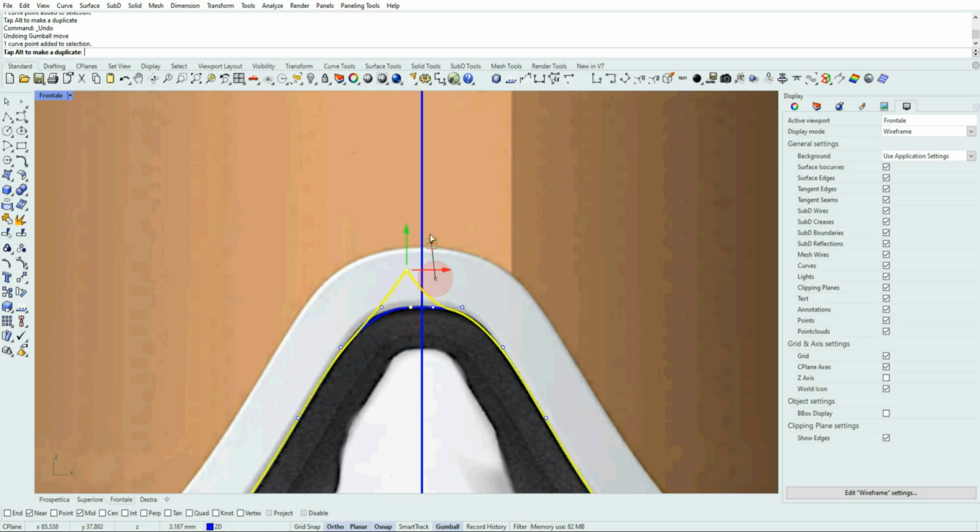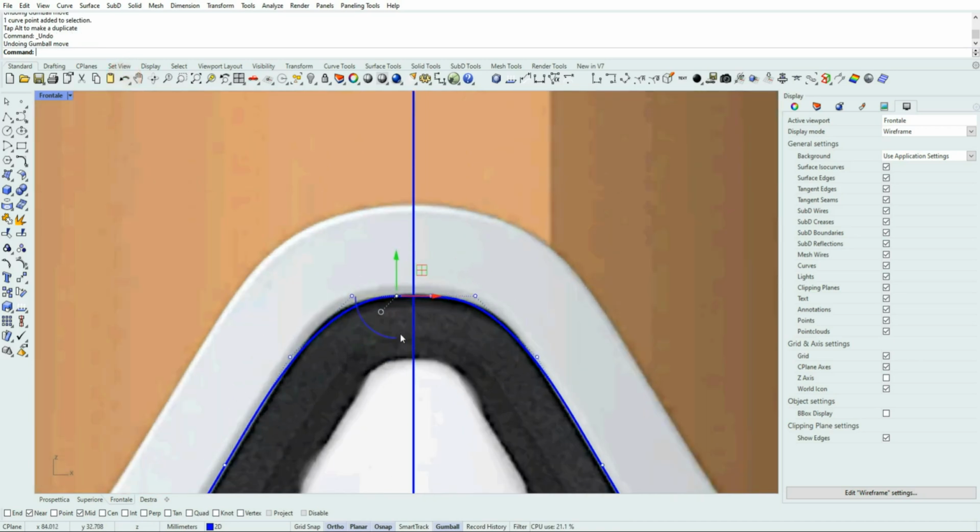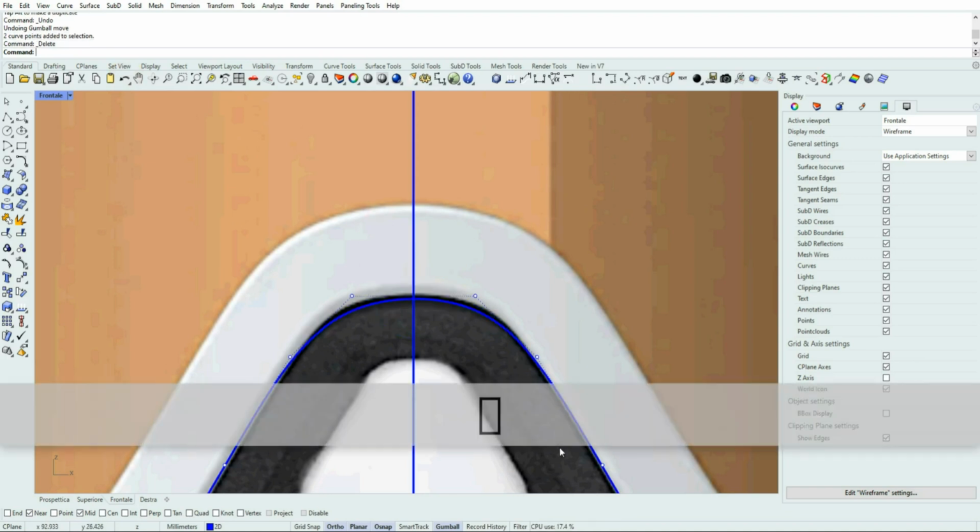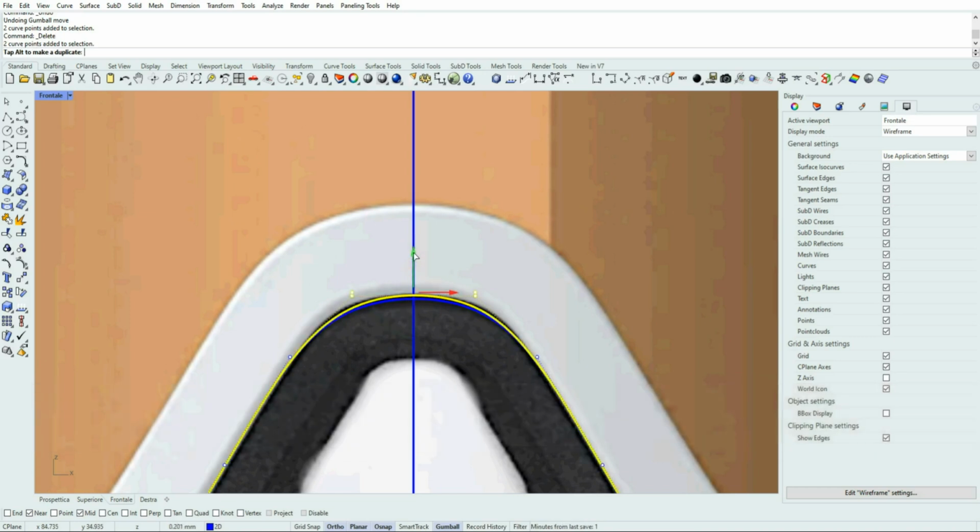Here we have 2 points with the same problem. I mean, it's not really a problem, but it's a consequence of what we did. Okay, and in this case also we can delete the 2 midpoints and just move a little bit or scale a little bit the other points.